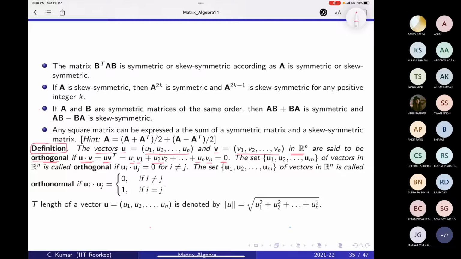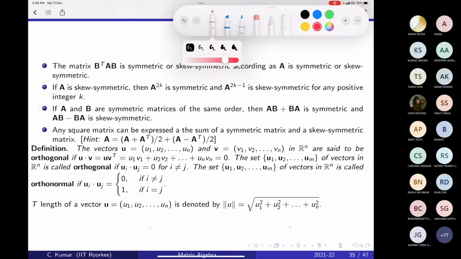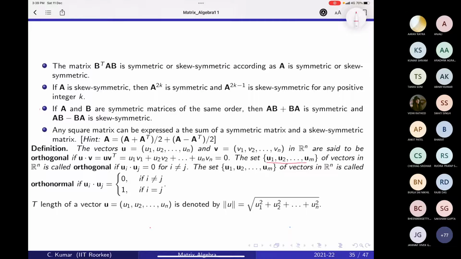If this happens, then we say that the vectors u and v are orthogonal. Okay. Now we have a set of vectors. Whenever you see u1, u2, um in bold letters, this denotes the vector. If u is not in bold letter, that means this denotes the component of the vector. So we have a set of vectors u1, u2, so on to um. These are m vectors in Rn. These m vectors are said to be orthogonal